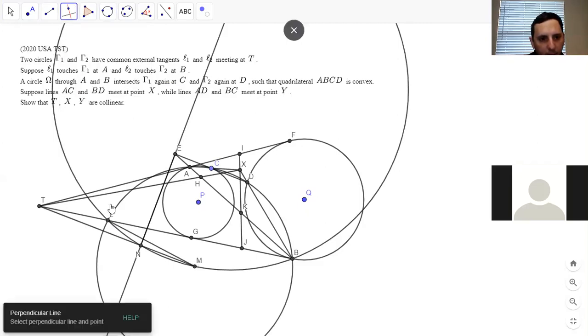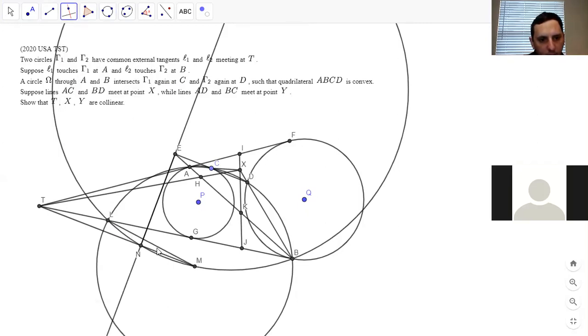Is there anything special about this? Oh, it's going to be tangent to the circle. And then if we drew this one, it would also be tangent. So maybe we could use harmonic quadrilaterals or something. So if we let it intersect at this,